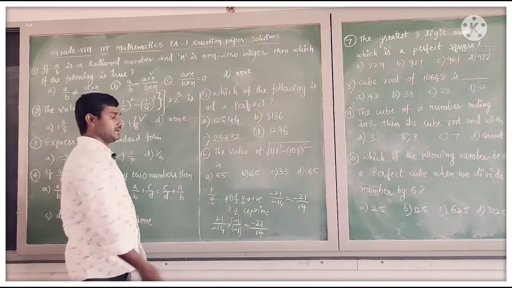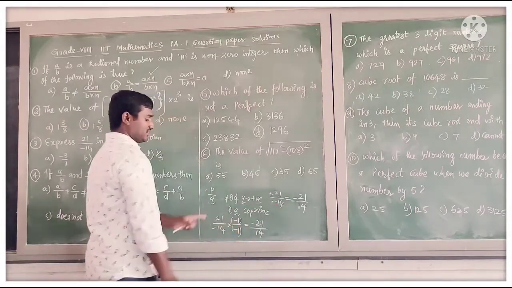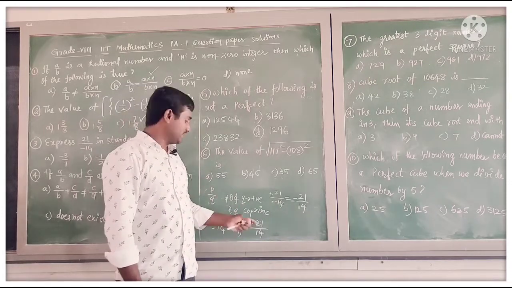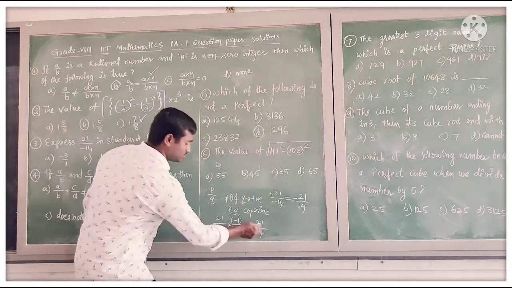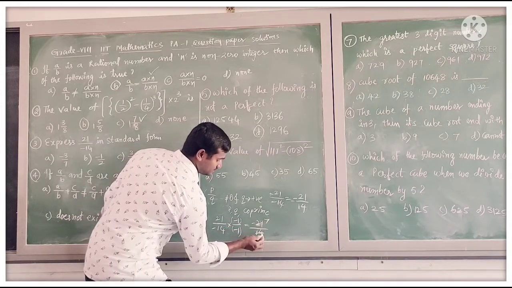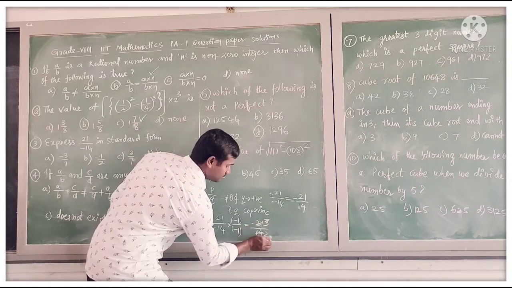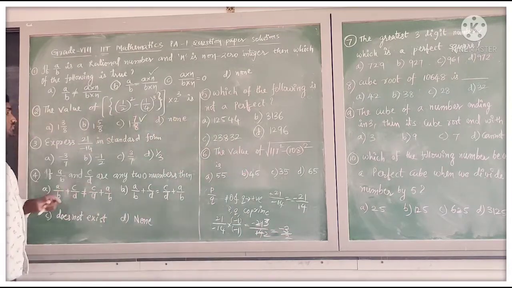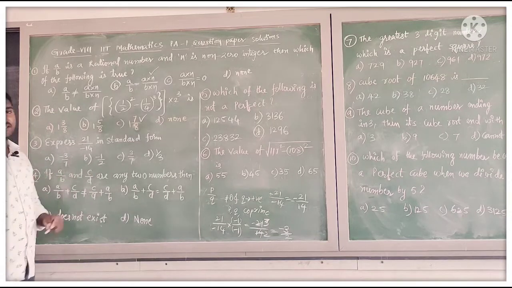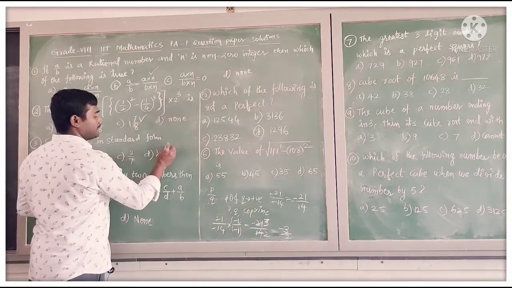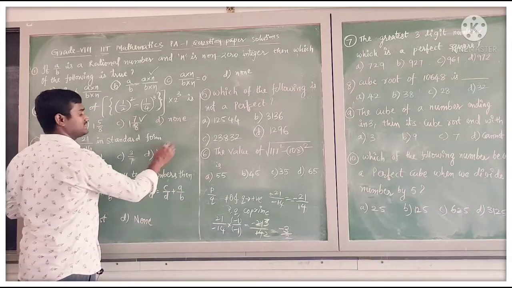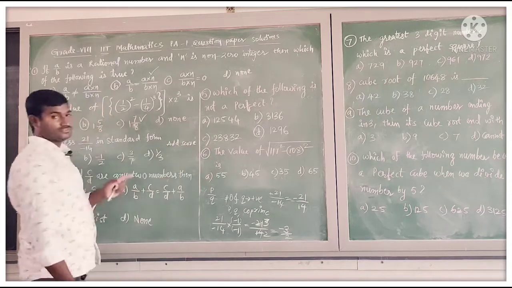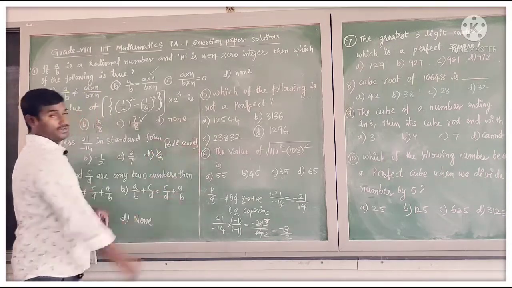Yes, so the denominator we got positive, and the third condition, p and q are co-primes. There is no cancellation for numerator and denominator. Check whether there is any cancellation. Yes. 7 threes are 21, 7 twos are 14, which is equal to minus 3 by 2. So minus 3 by 2, do we have the option? No option they gave. So no option is correct. So this is an add score question. For this question we will add the mark.